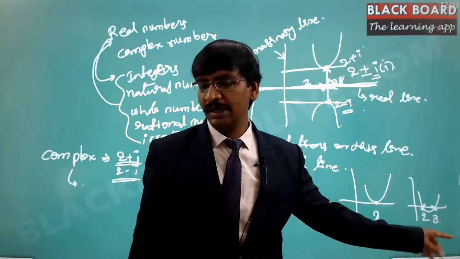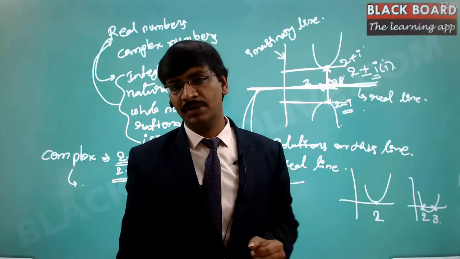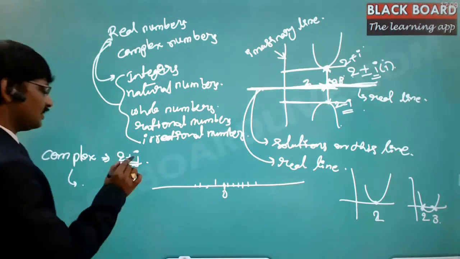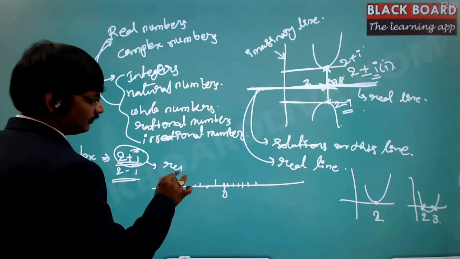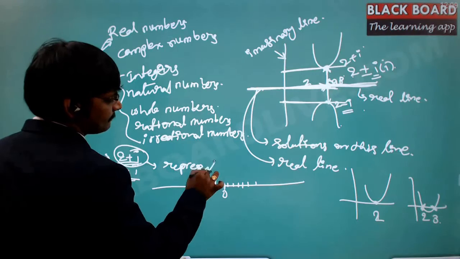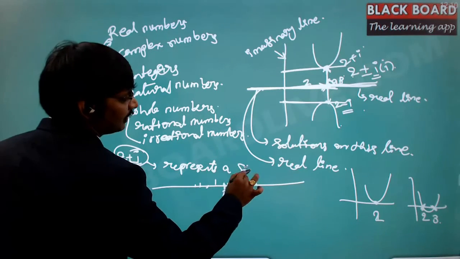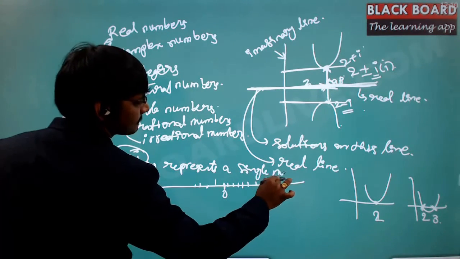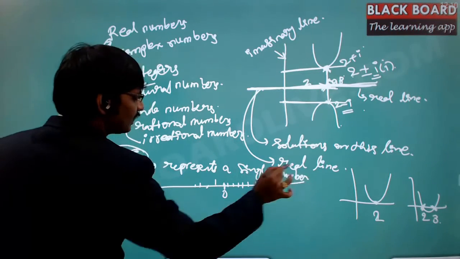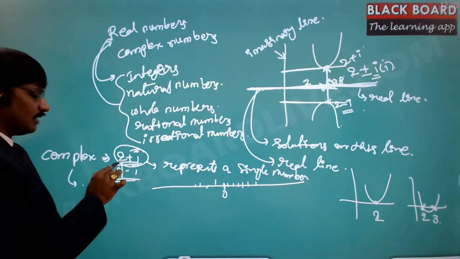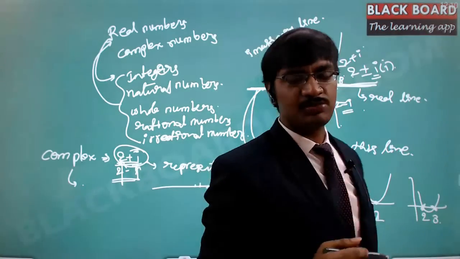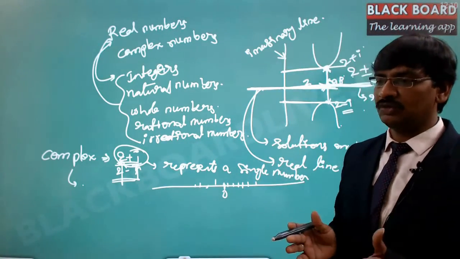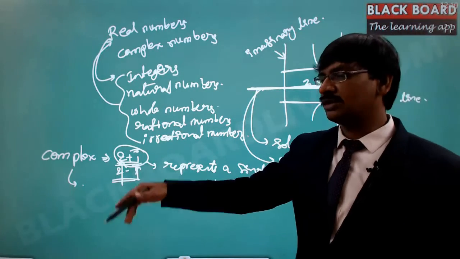You have to identify a single point, but not with a number like 2, 3, 4. It has to be a little bit more complicated number. That complicated number is 2 plus i. That's exactly the reason: it still represents a single number, but has to be expressed with two different numbers. So a single number has to be expressed as a complex of two different numbers. Hence this is called a complex number.